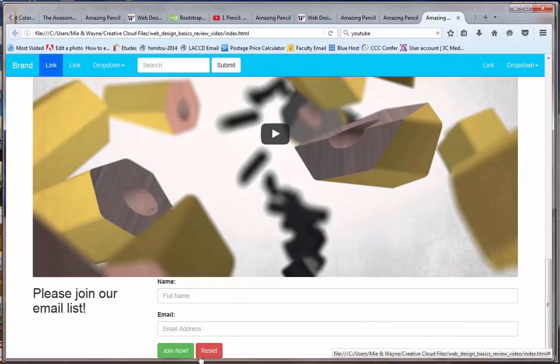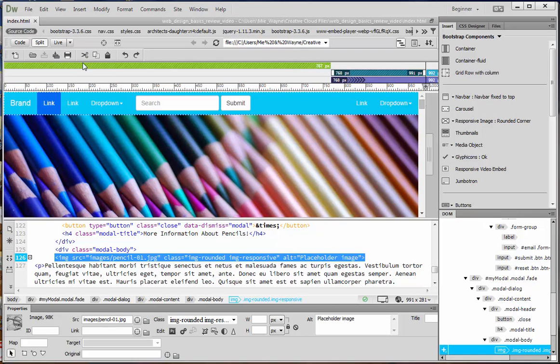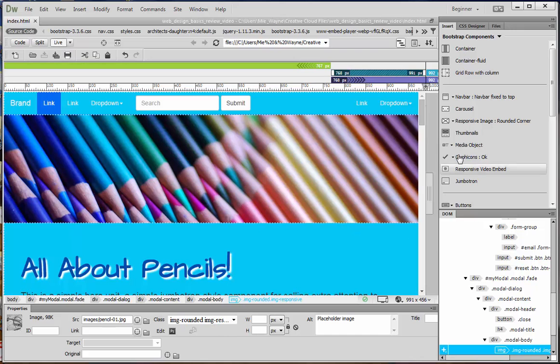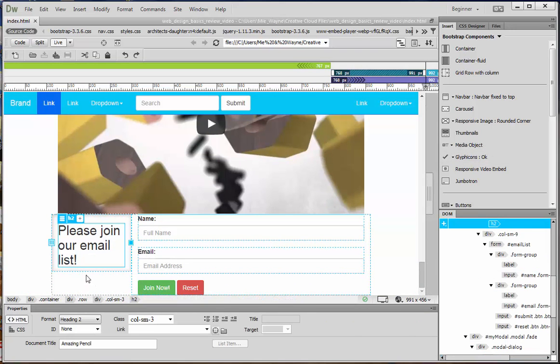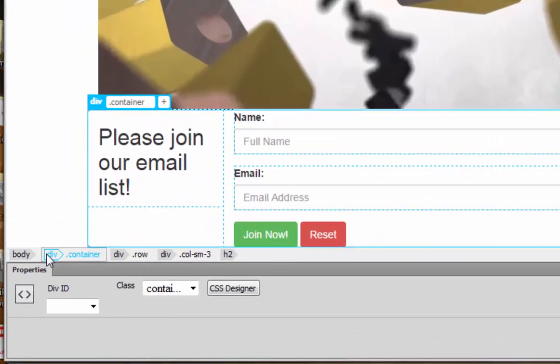I am not satisfied with the appearance of this email list. It just doesn't look too good to me, and the main problem I'm having is with the spacing. So let's see what we can do to fix that. I'm going to go back to Dreamweaver, and I'm going to switch to my live view, and I'm going to scroll down. So this is my contact. I'm going to click on this last div we have here,